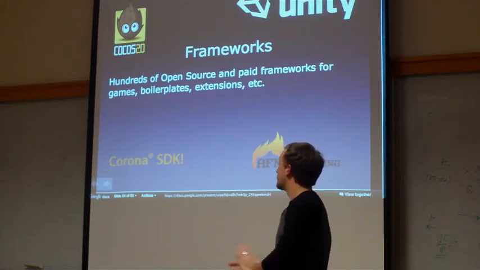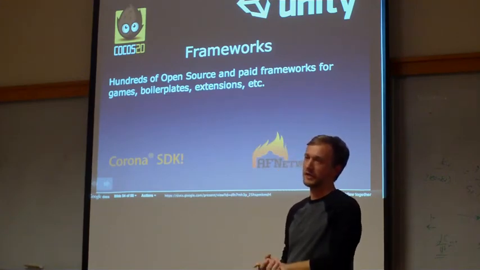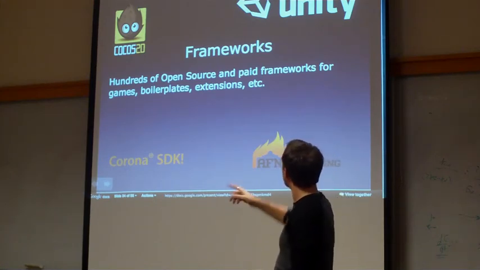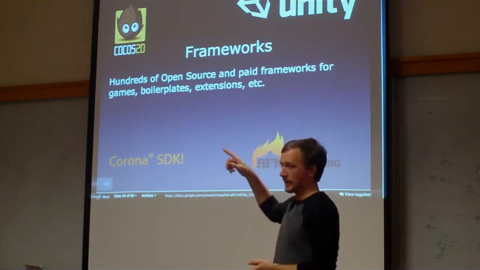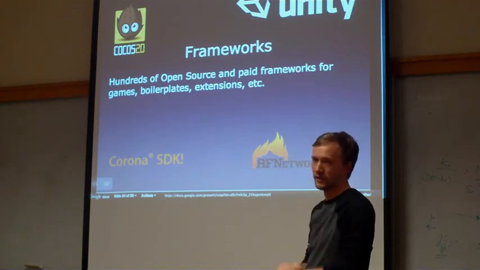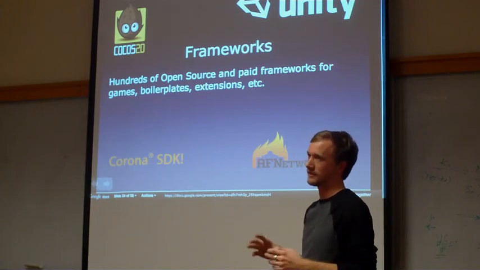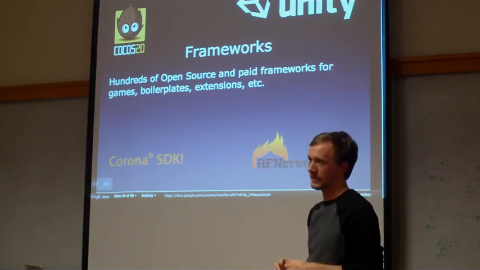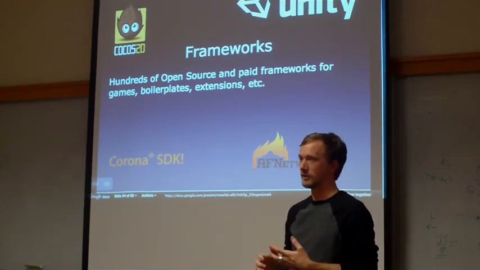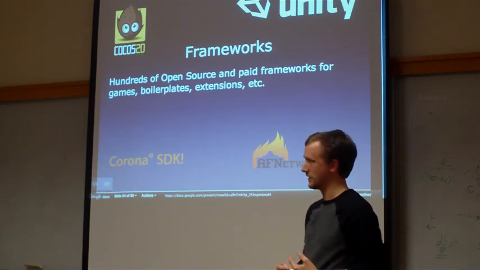There are a lot of good frameworks out there for making games, for accessing data, making REST calls, other sorts of things. Cocos 2D, Unity, and Corona are game development kits. AFN, or AF Networking, is a REST kit, which basically lets you send and retrieve data really easily. There's a lot of work when it comes to getting data from the internet, web pages, images, if you're communicating with some server, Twitter, Facebook, those sorts of APIs.